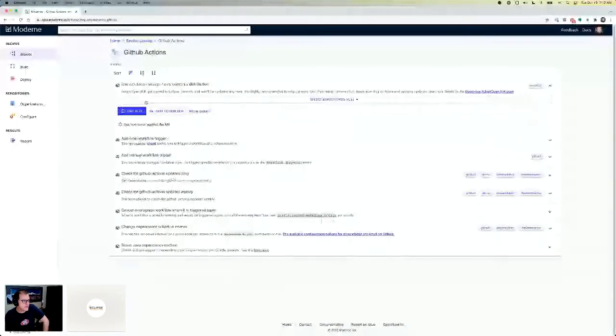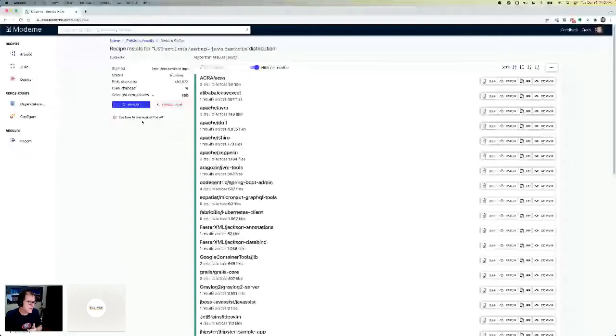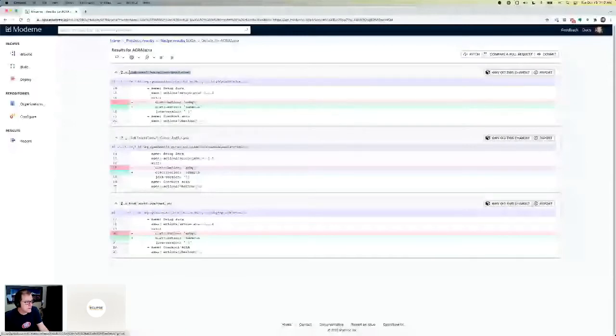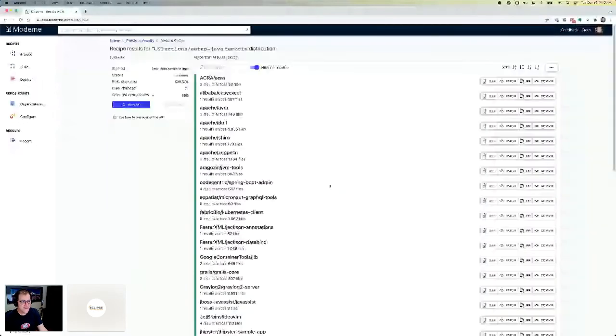And I'm just going to select all repositories and do a dry run here. So what this is going to do is traverse over all of the projects we have ingested here, find all GitHub action files across all those repos, and then make these changes. Not terribly exciting, but you can see here, just as an example, it went into the workflow and just changed it. It's a pretty simple change, but you can imagine if you have thousands of these, well, not thousands, but quite a few. And then we can come here and say just commit all. So this is one quick way to remediate, hey, let's fix all of our GitHub Actions in one shot.